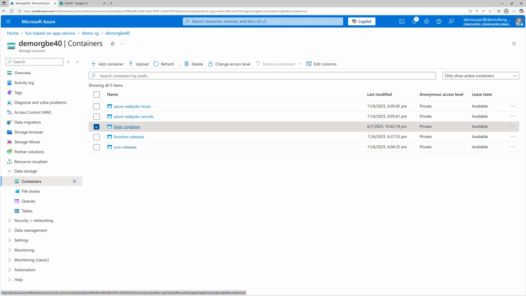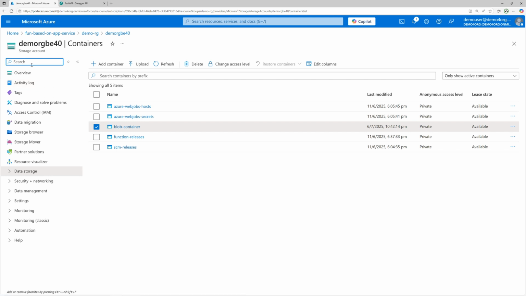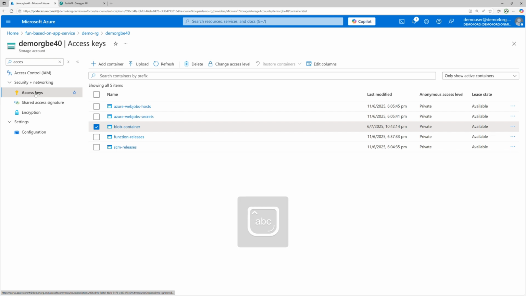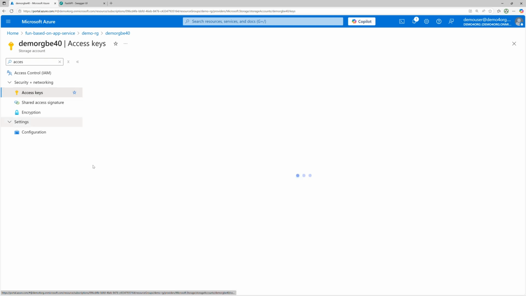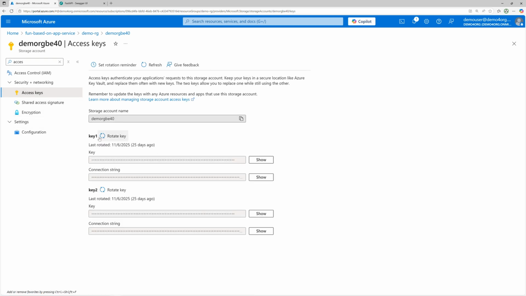A file is also added here. The next important thing: how can we access this container from our Azure Function FastAPI? It's very easy. Click on access, then go to access keys. The moment you click here, you will get key 1 and key 2, and you can simply copy the connection string, or only the key which is required to access this storage account